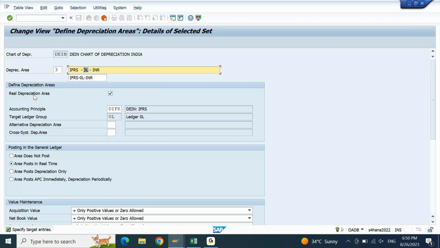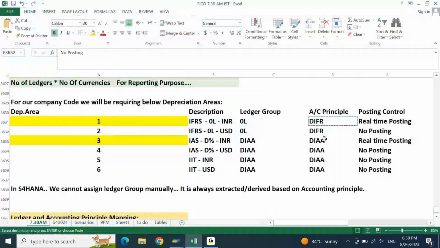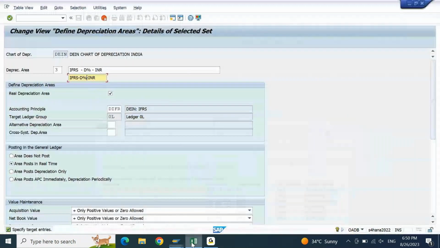IFRS, this I will be replacing with D percentage non-leading ledger. Here also D percentage non-leading ledger. Accounting principle for this will be DIAA. I'll copy DIAA and put this here. Enter. This is again real-time posting, local currency. Enter. Next one, area number 4. Sorry, description I need to amend it. This is not IFRS. This is your